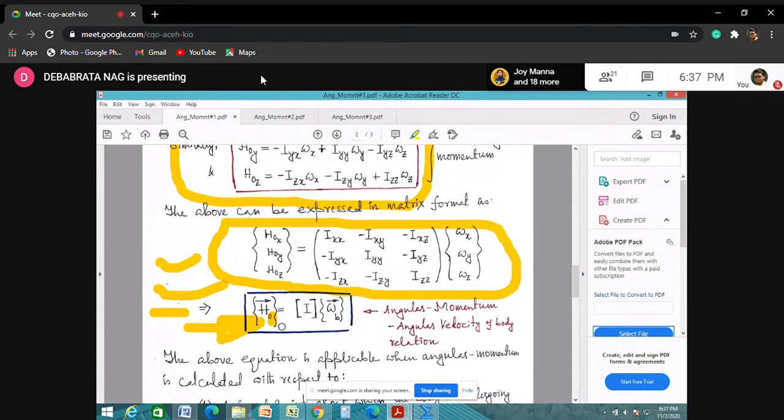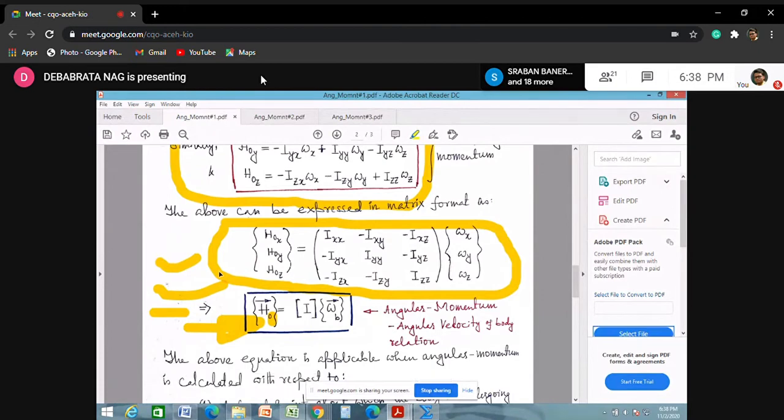So it is not necessary that you should write here the relative term when the point O is the center of mass. The same conclusion holds good if the point O is a fixed point about which the body is rotating, because if point O is a fixed point, then the relative velocity and angular velocity will not make any difference. But when it is any other point other than the center of mass or the fixed point of rotation, it is any other point about which I can write the relative velocity in that form.